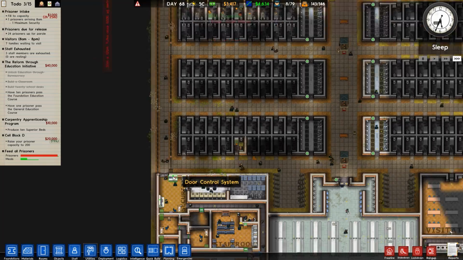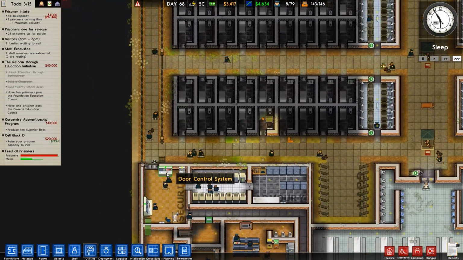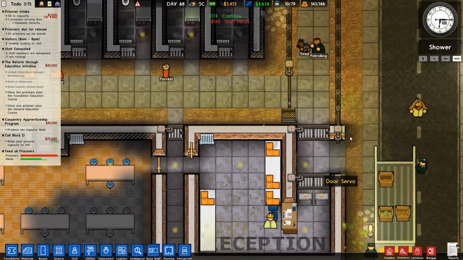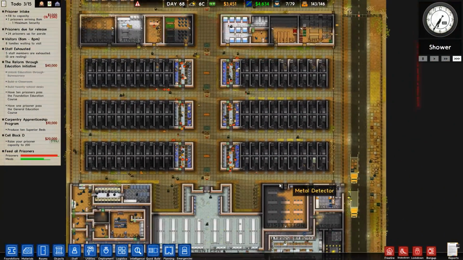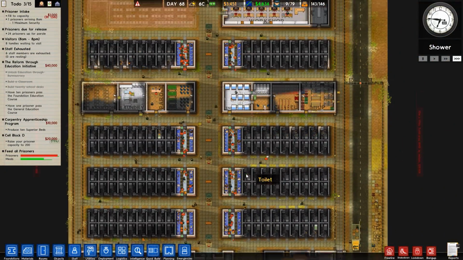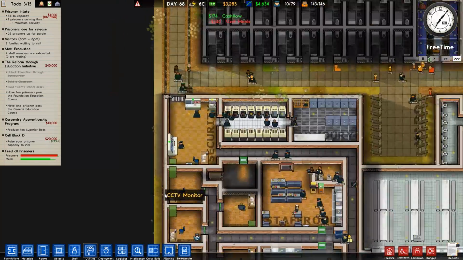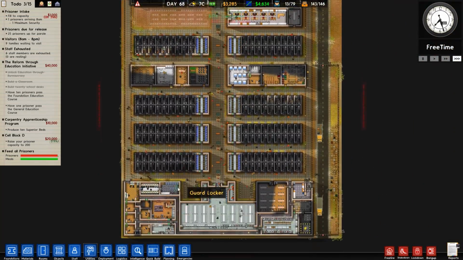Having one door control system connected to everything is very risky. It means that if that is ever compromised, then obviously all of these doors will open, including the front door, and all of these ones here. Never good, you understand. But if I was going to put another door opener, where would I put it? Well, security makes sense. But where else? I mean, I can't really put it...